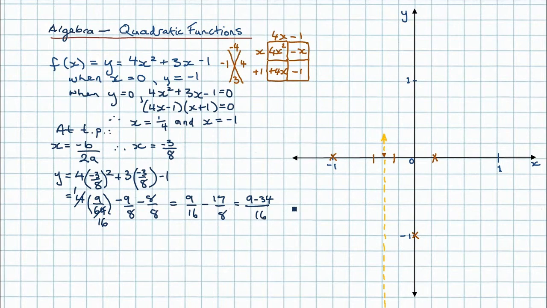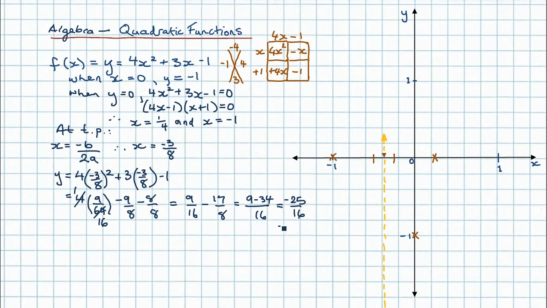Okay, I think what I'll do, I don't want to interfere, well, why not, let's just squash it in, it's just enough room. So 9, well, I could say, well, let's think of 9 minus 34 as being, it's going to be 25, isn't it? There are various ways that you could simplify that, but in the interest of time, let's just write it straight down. So minus